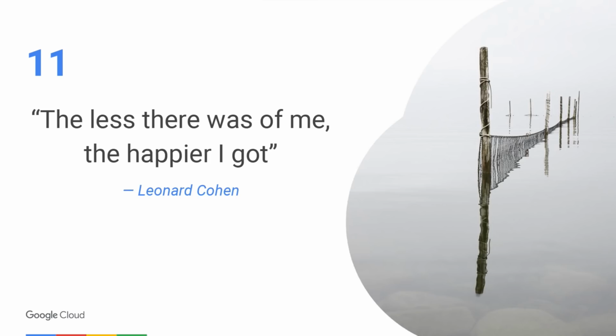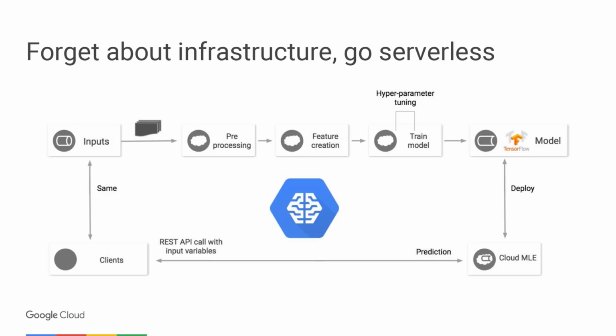Principle 11 is about using serverless infrastructure. So earlier I described how the Google Cloud products can help you have a batch and streaming pipeline, meaning you can do things in development mode and then stream them quickly in production. This topic is more about the fact that you don't have to manage that infrastructure, whether it's in batch or streaming. The serverless products in Google Cloud allow you to focus on the machine learning and analysis aspects and leave